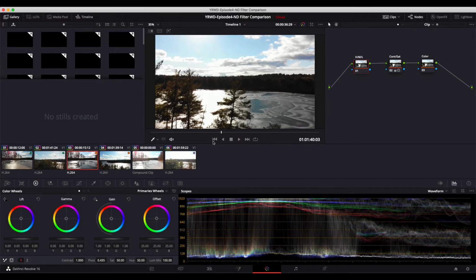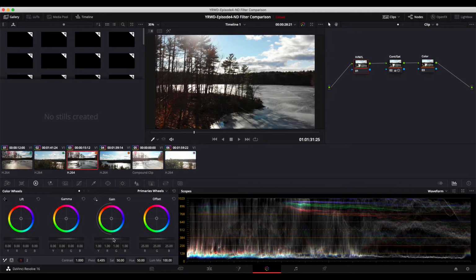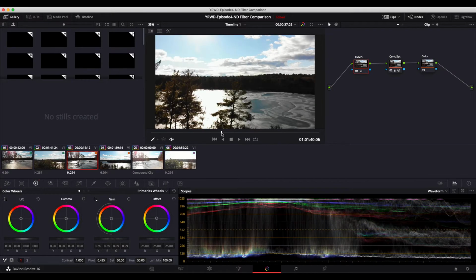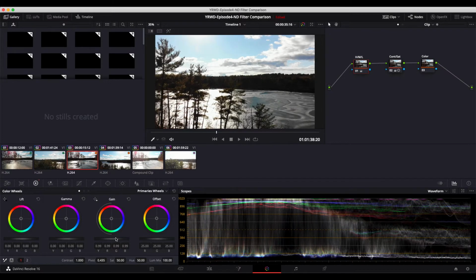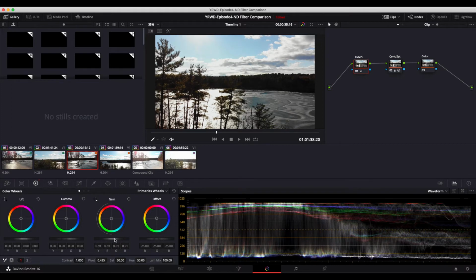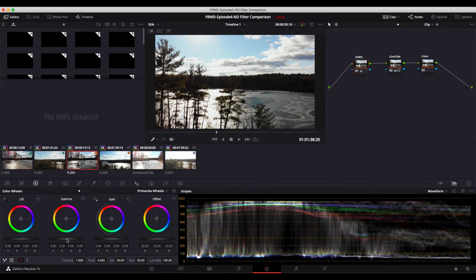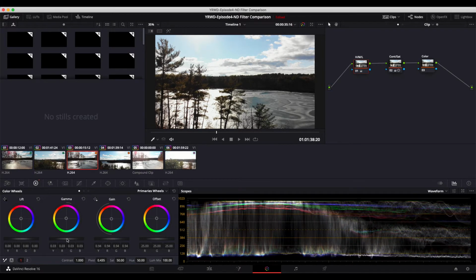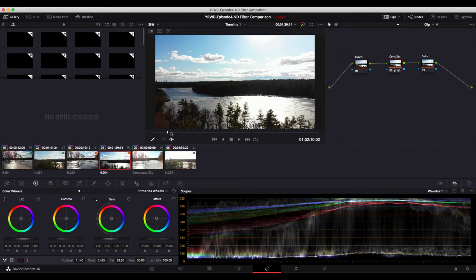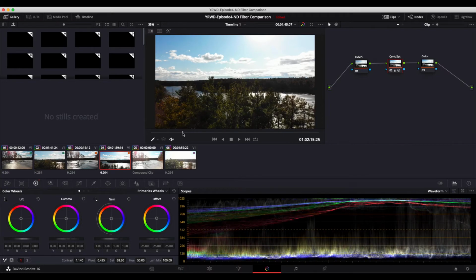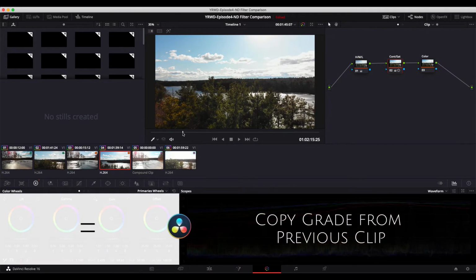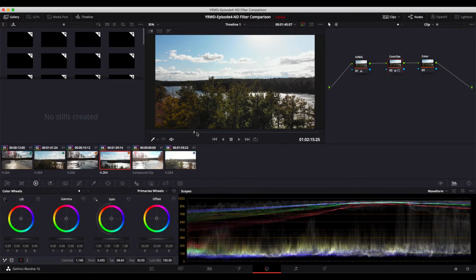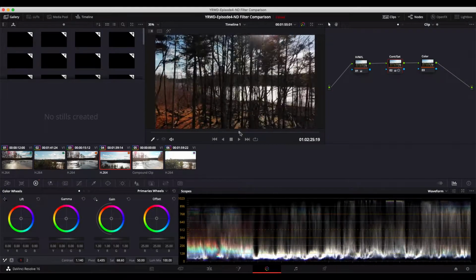Let's bring it one down. And we definitely want to bring down our highlights here, maybe like that, and increase this a little bit so you can see a little bit more of the trees. And then let's head over to this clip, find a nice spot, same story, make sure we're not clipping anywhere,